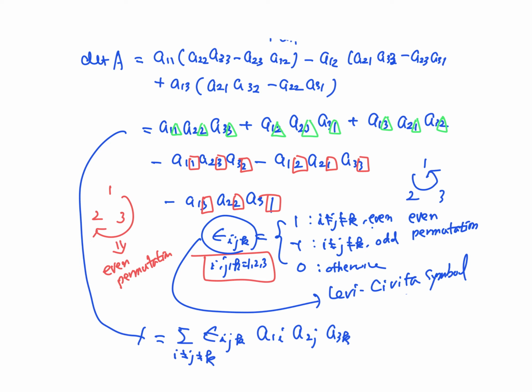So even permutation means 1, 2, 3, 2, 3, 1, 3, 1, 2, right? Odd permutation: 1, 3, 2, 3, 2, 1, 2, 1, 3. So those are the odd permutations. So there are 6 elements for the determinant A for 3 by 3 matrices, and they can be put together in one simple form if you understand this Levi-Civita symbol,